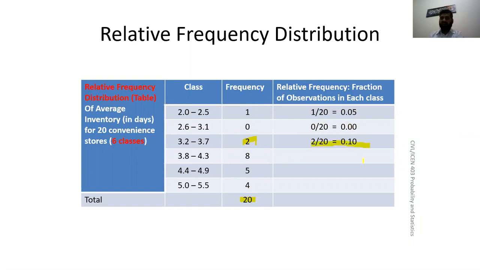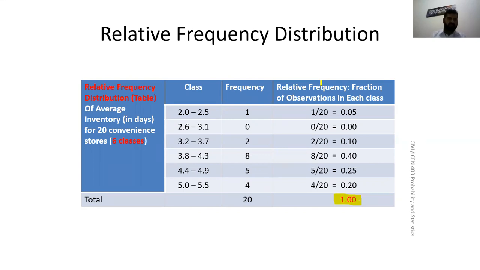Okay, so these are called the relative frequencies, and the sum of relative frequencies is always 1 because we divided everything by the total. If I add them, they have to add up to 1 because we divided 100% of the data into different classes. So if I add them up, I will get the total 100% back. Okay, so this is called the relative frequency associated with the frequency distribution.